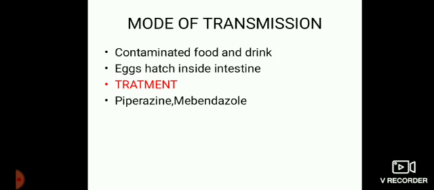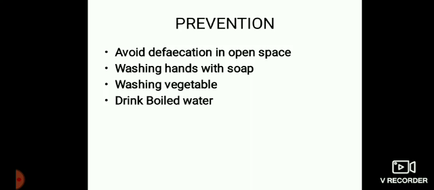Eggs, when they go through the vegetables and are taken into your body, the larvae migrate to the lungs, and they again come to the throat and are swallowed again into the intestines. So for 1 or 2 years the worms remain in your body. A single dose of mebendazole tablet is sufficient in 1 month. Prevention: avoid defecation in open space, because people have a habit of defecating in open space,